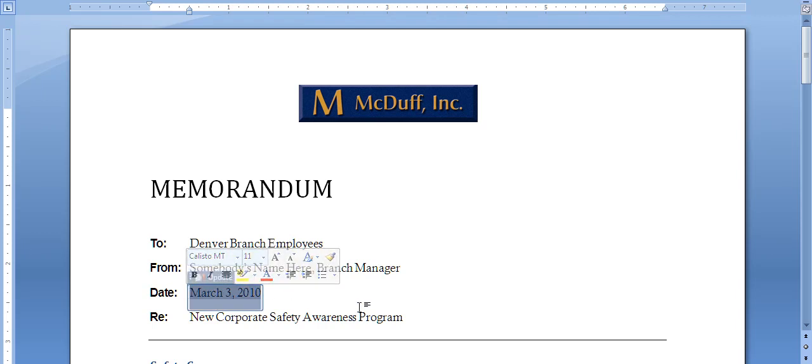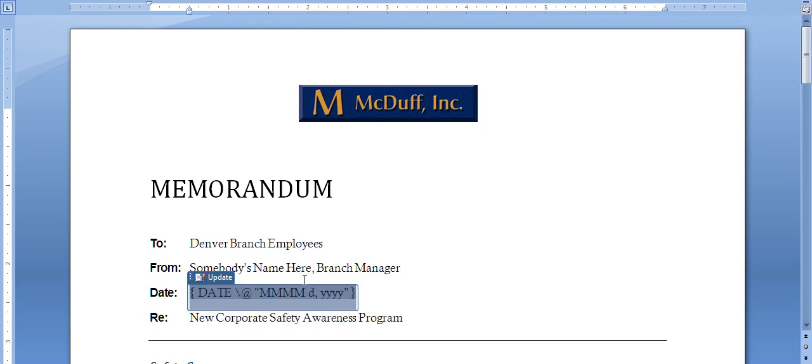And what you want is a set date that doesn't change and that indicates usually when the document was last created. In this case, the memo should be when the document was sent, which presents another little problem I'll show you how to solve. In this case, we have the field showing. If you do Alt F9, you can reveal